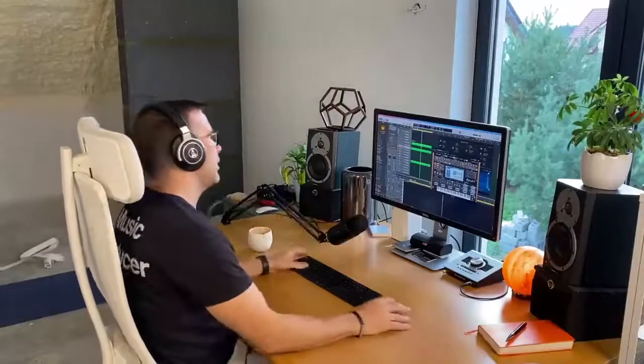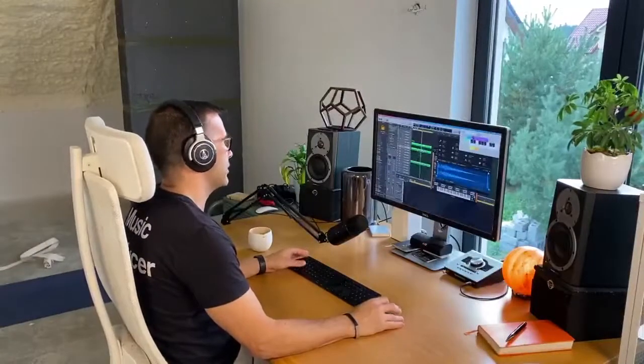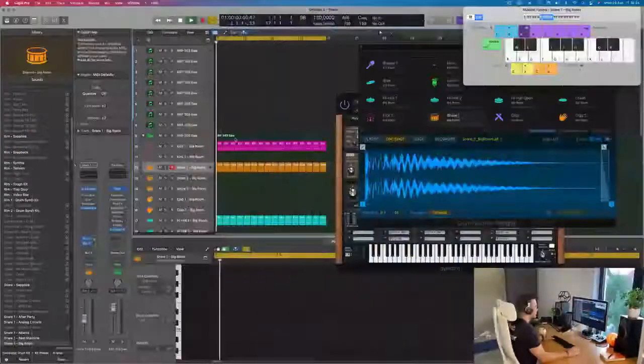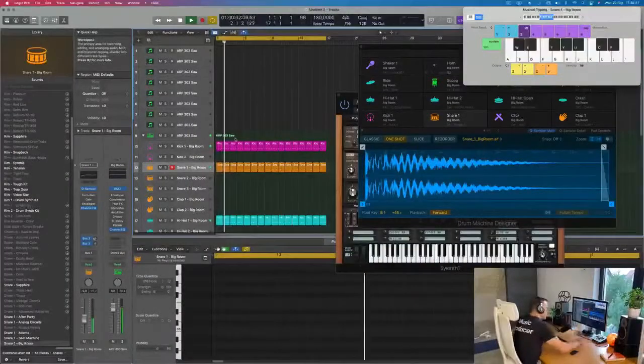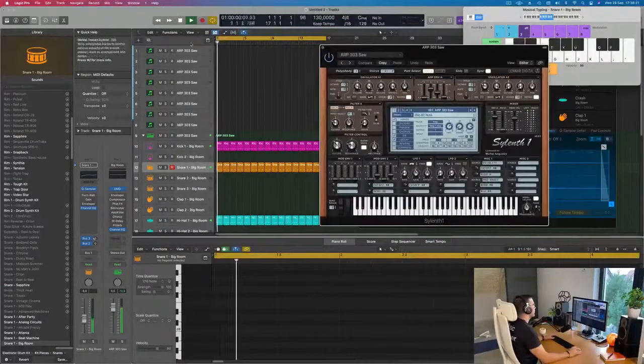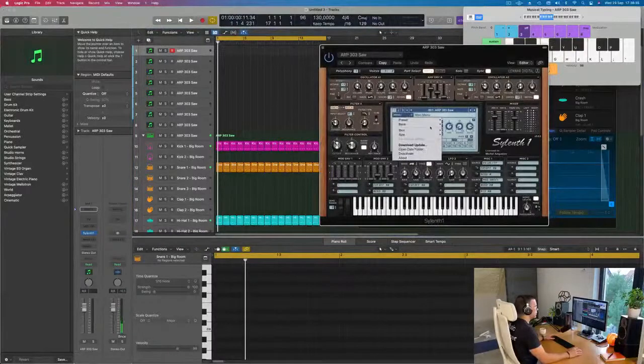So guys, I did a bit of a drum beat because I thought I'm gonna move forward a bit faster and get more into the thick of the track. Big room kit, I think it's appropriate for something like that, more of a banger. Then of course I'm gonna go into Sylenth1. I'm gonna pick up my favorite here. It's gonna be a factory